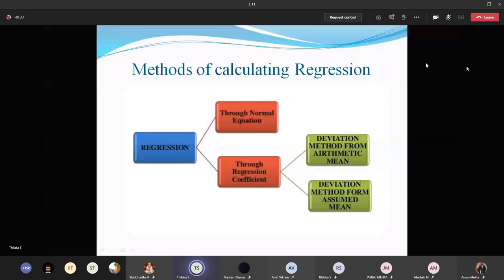The second one is the semi-average. The data has to be divided equally into two, and you will get two averages. Those two points have to be plotted and joined. That's it. For the third one, the moving average, the number can be a 3 yearly moving average, 4, 5, 6, 7, 8, 9, 10, even 11 years. When the data are bigger, we can go for a larger number of moving averages. Normally it will be 3, 4, 5 years moving averages.